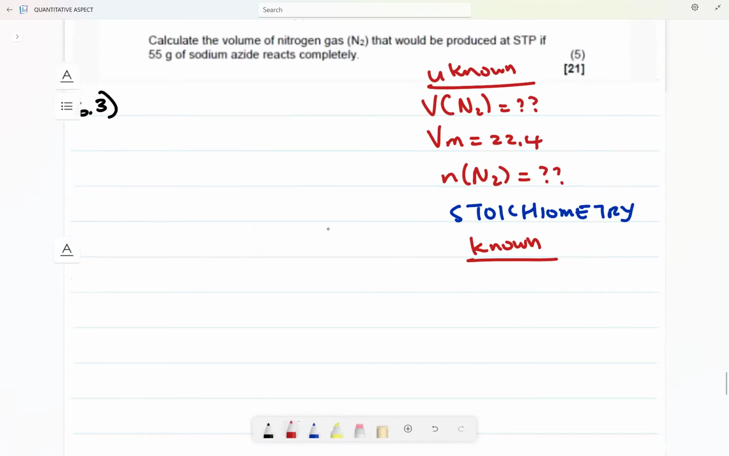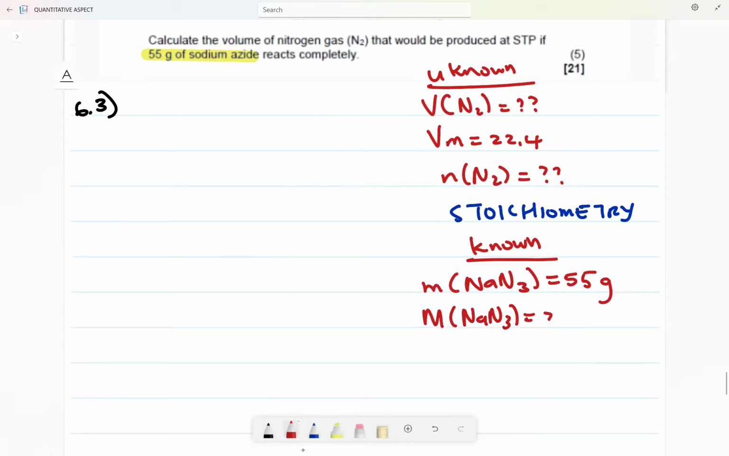What is my known? I'm told that if 55 grams of sodium azide reacts completely, so I know the information about sodium azide. I'm given the mass of sodium azide as 55 grams. Immediately when I'm given the mass of something, I need to calculate the molar mass of that something. So sodium is 23 plus 3 times 14. I get something like 65